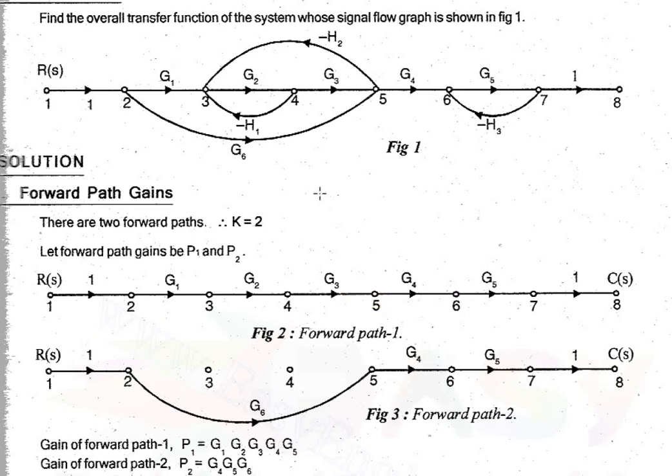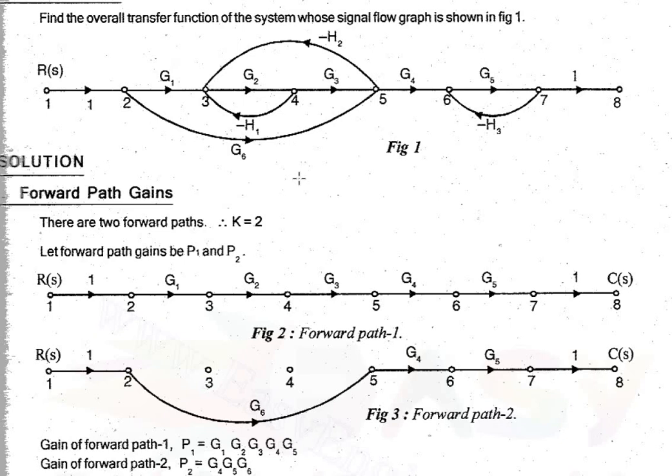Last class we discussed the signal flow graph method. In the signal flow graph method, the control system components, that means the inputs and outputs, are graphically represented using some properties. Already we have discussed the different properties that belong to the signal flow graph and the different terms used for it. The signal flow graph was invented by the scientist S.J. Mason, and the transfer function is calculated with the Mason's gain formula. Now we are going to solve one example problem.